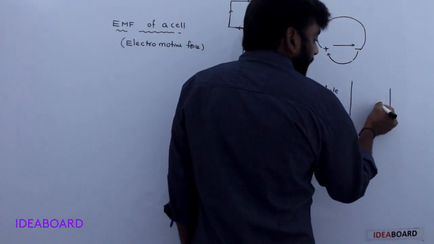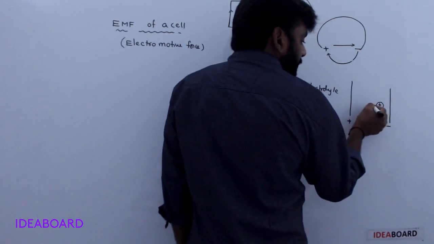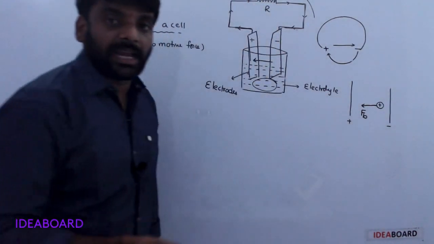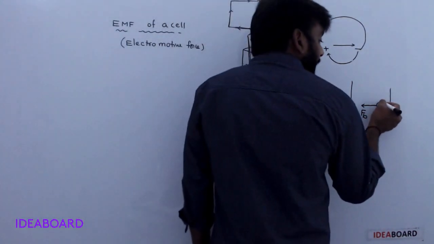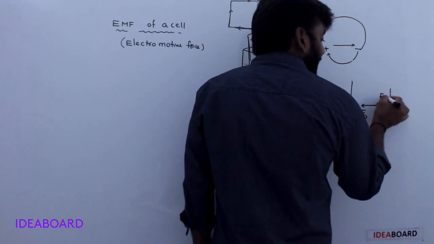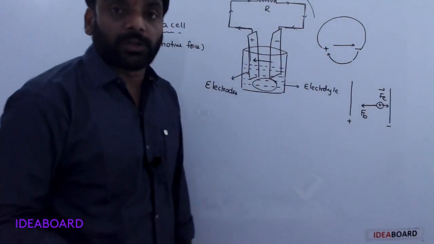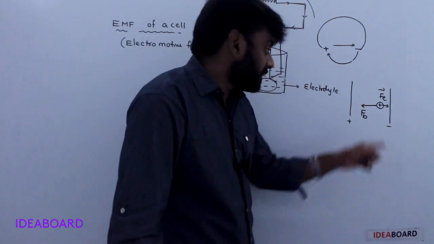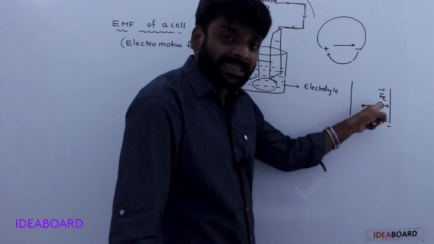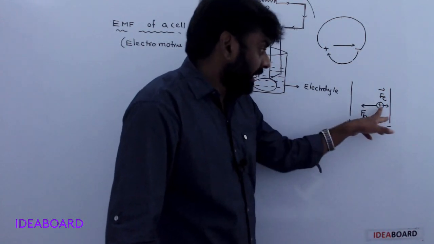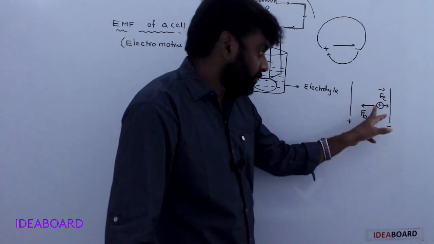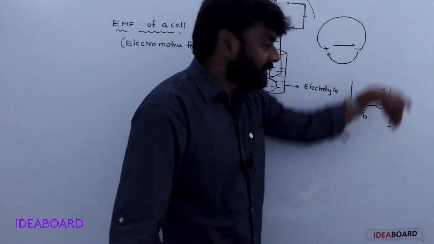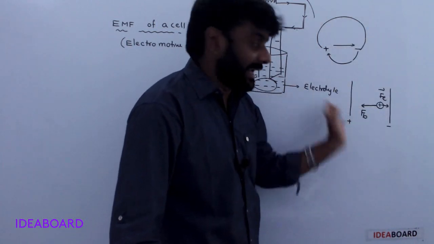Inside, there is the positive plate and the negative plate. Now the positive charge moves along this direction with the help of the battery force, and it is opposed by the electrostatic force. That means this chemical reaction applies the force, the battery force, on this unit positive test charge, opposite to the electrostatic force. Due to this force, the charge reaches the positive plate. Again, this cycle is repeated.